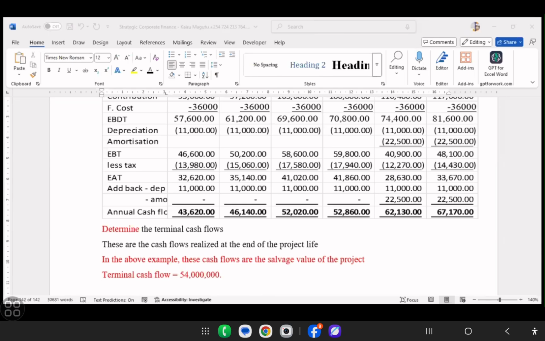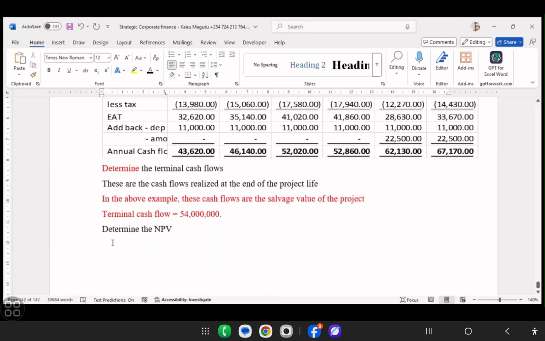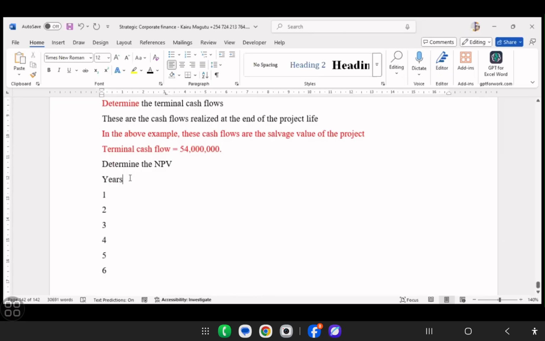The next thing, or the last item to determine, is the NPV. Determine the NPV. I want us to determine the NPV together. I have the years. My project has years 1, 2, up to 6 years. I will have cash flows. My first cash flow